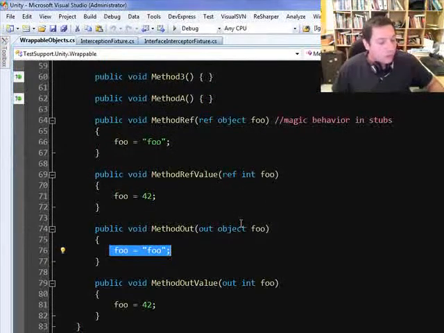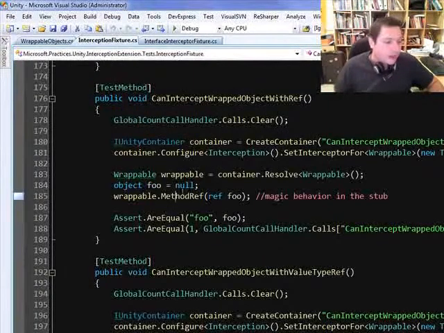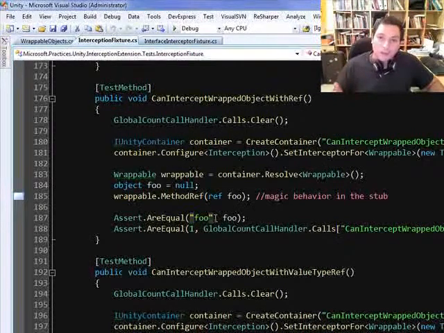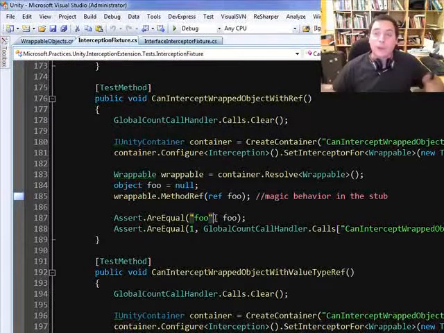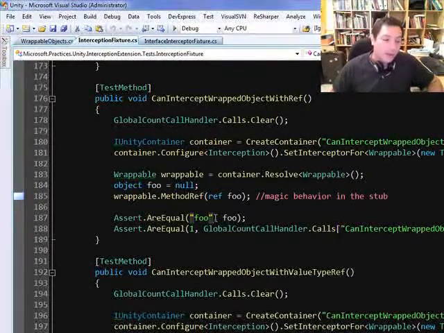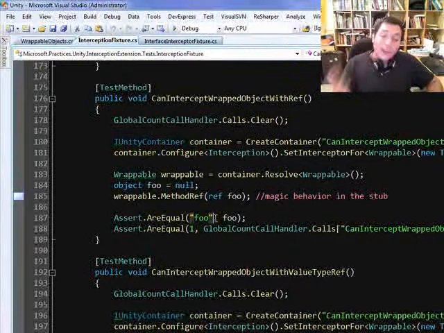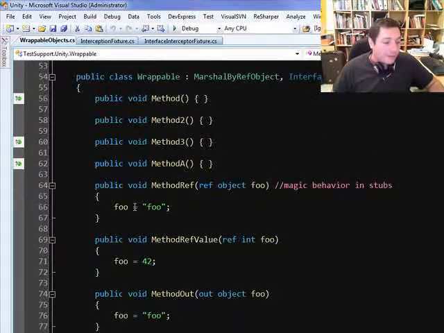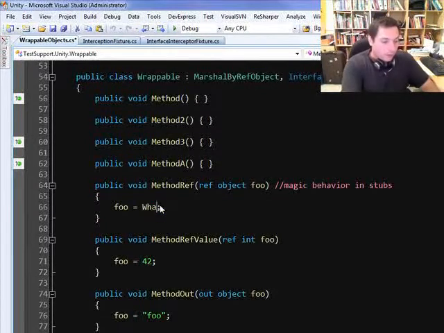The first reason is that whoever reads the test has no idea where foo came from. And second of all, this can only be used with tests that expect these values. So you cannot even reuse that code that you worked so hard to create. What you really want to do is to have the test always configure what's the string that's going to be put on. So for example, method ref here, foo would be set into some public property that was set by the test. I would actually put here what